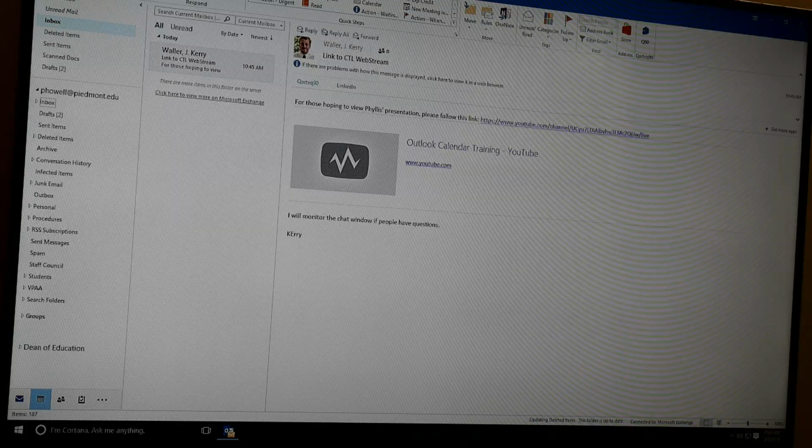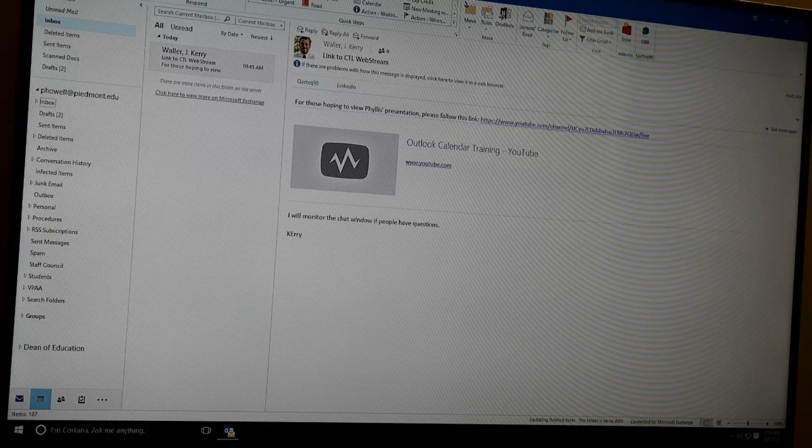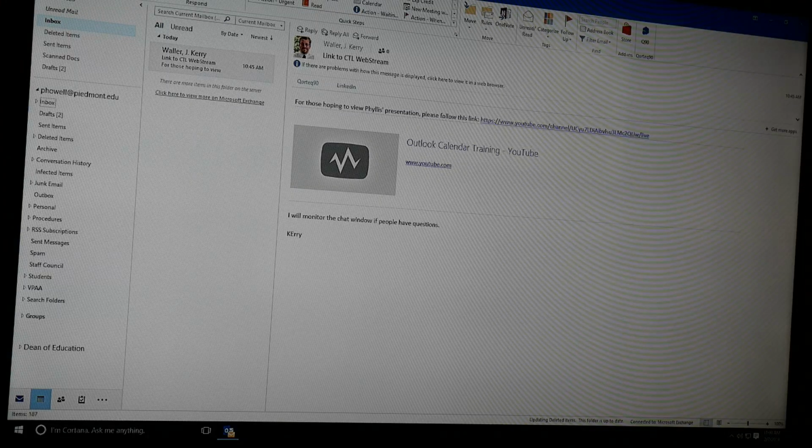One of the things that I really like about Microsoft is the Outlook calendar. But before I get started on that, I just want to tell you what we're going to be going over today. One thing is some email organization. That's going to be a short, quick tip that I'll share. I have started implementing that. You'll see when we get started my old version, and then you'll see my new version at the same time. Then I'll talk to you about scheduling